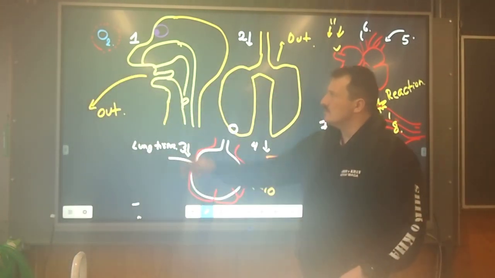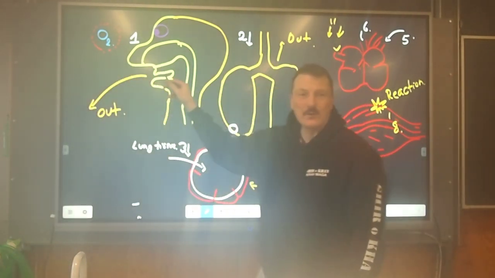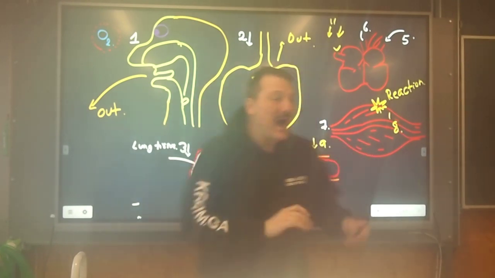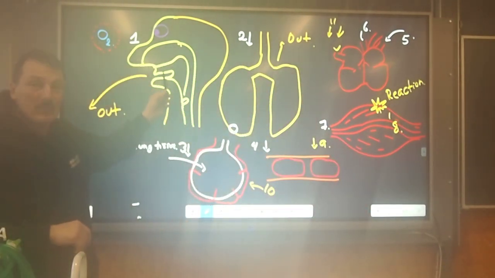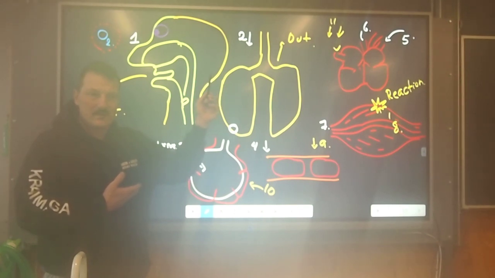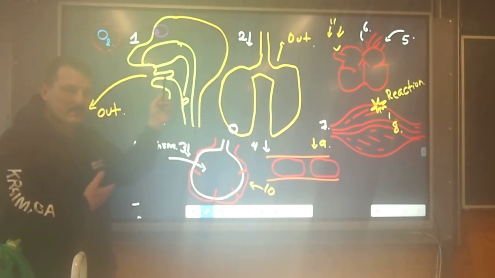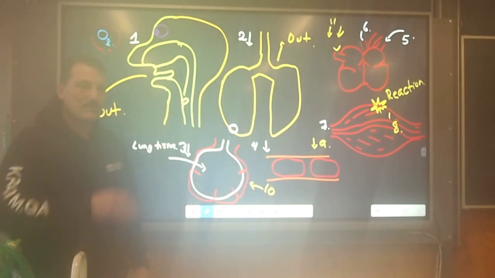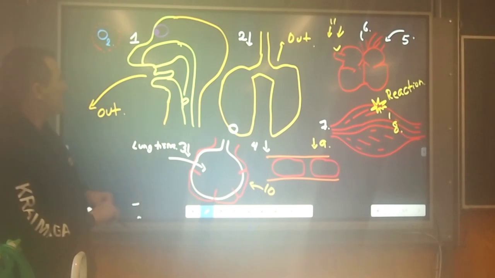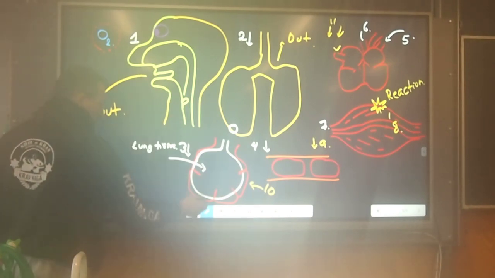Our oxygen molecule, how does it enter the body? Through the lungs, because the diaphragm moves. Which way? Down, causing negative pressure in your lungs, which pulls in air. So our diaphragm moves down. Diaphragm moves down, and our oxygen molecule